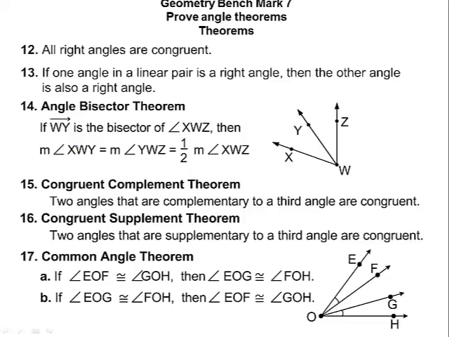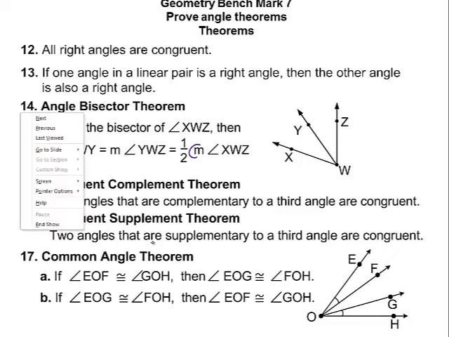All right, angles are congruent. Makes sense, right? Because congruent means the same shape and size, and every 90-degree angle is a right angle, and every right angle is 90 degrees, so they'd always have to be congruent because they're all 90 degrees. So I don't even know why that one has to be a theorem. To me, that should just be